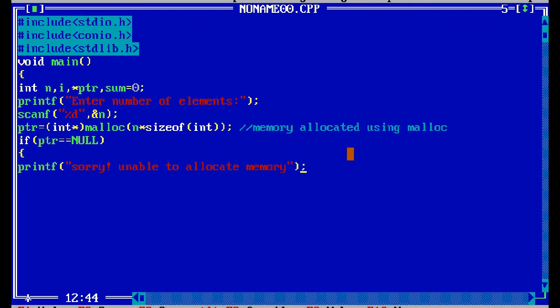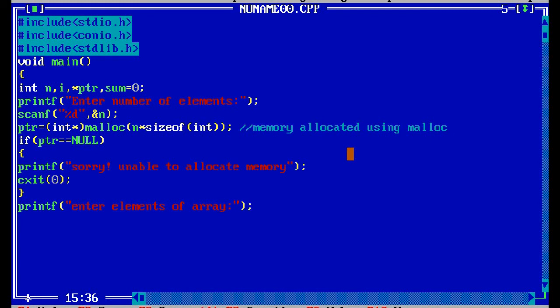We'll write exit(0). Next printf "enter elements of array".